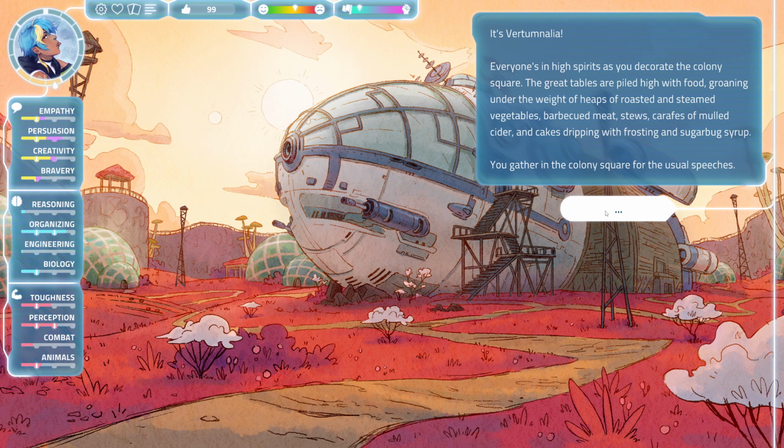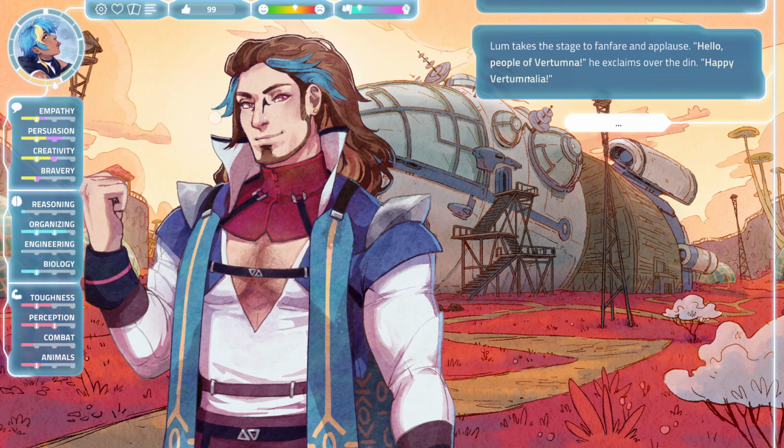I'm not sure if that's a bug, because I save scummed and maybe unticked a box somewhere in the code that was like, yep, they've seen this event, give them this extra dialogue option. But that's going to be interesting. So this is the yearly event that happens every year in the early dust season, where there's a competition that goes on.